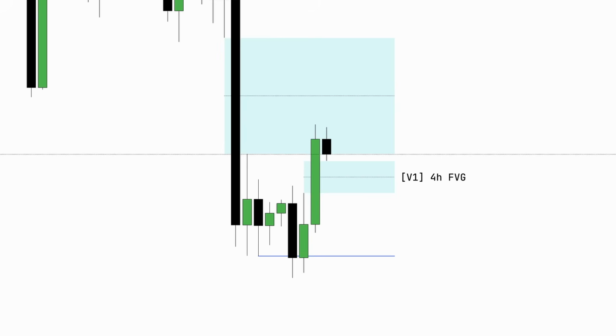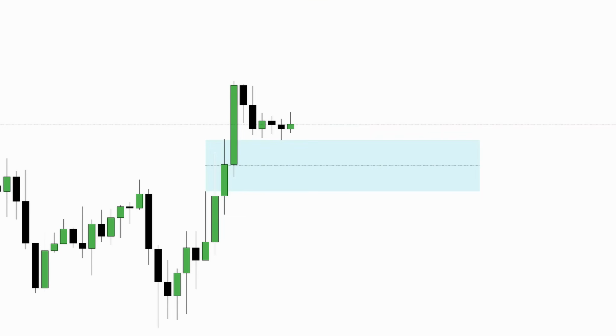To fulfill the remaining conditions of the HTF part, we need to switch to a lower time frame and find the second variable in the form of an IDM. On the hourly time frame, there is a fractal low that has formed the fair value gap zone. Therefore, we move to the LTF part.